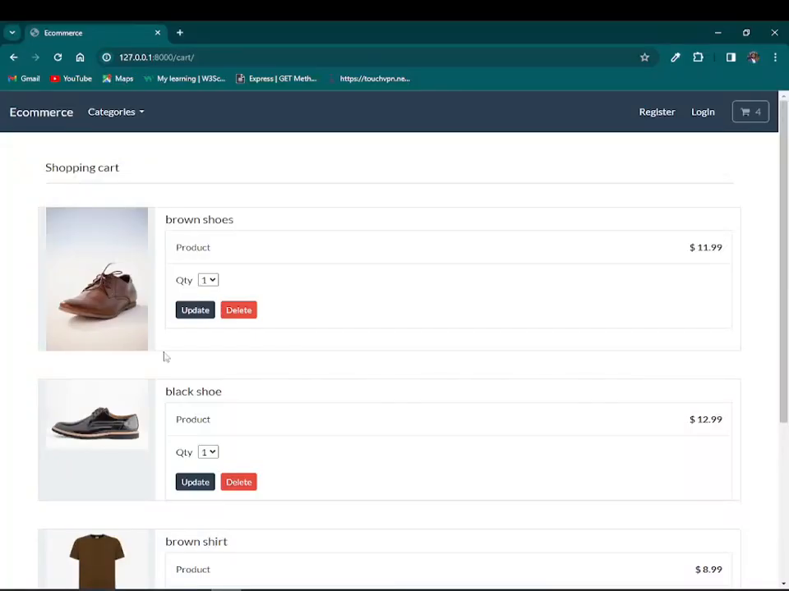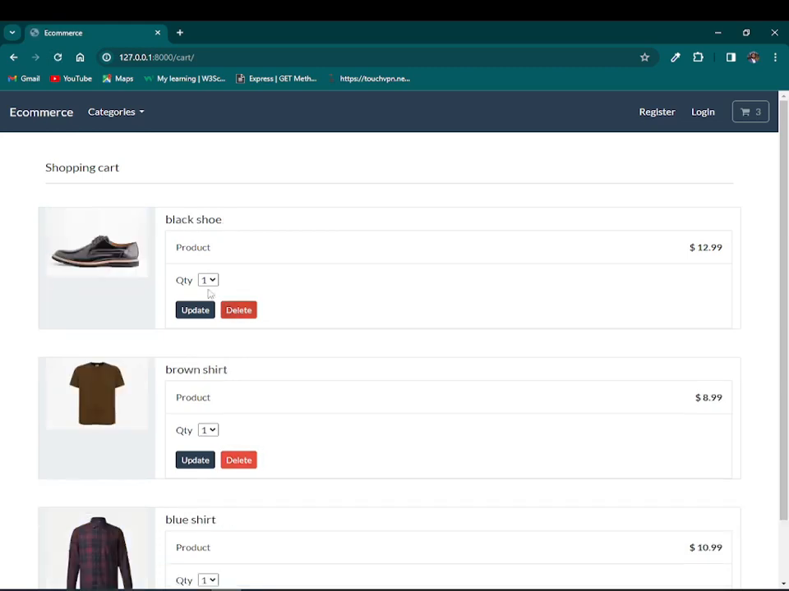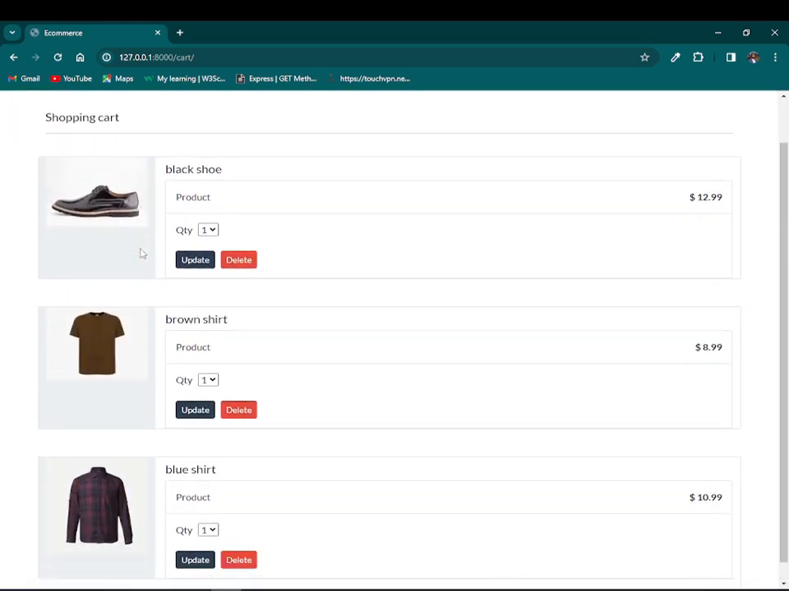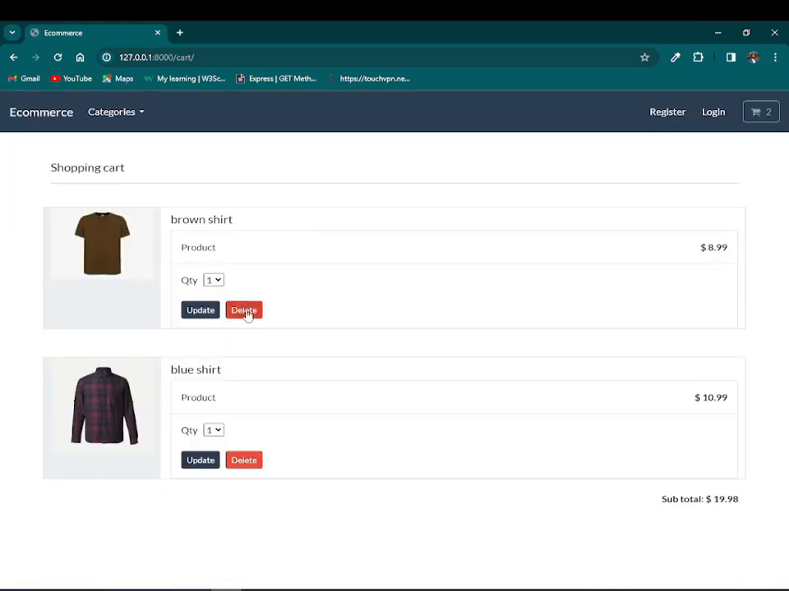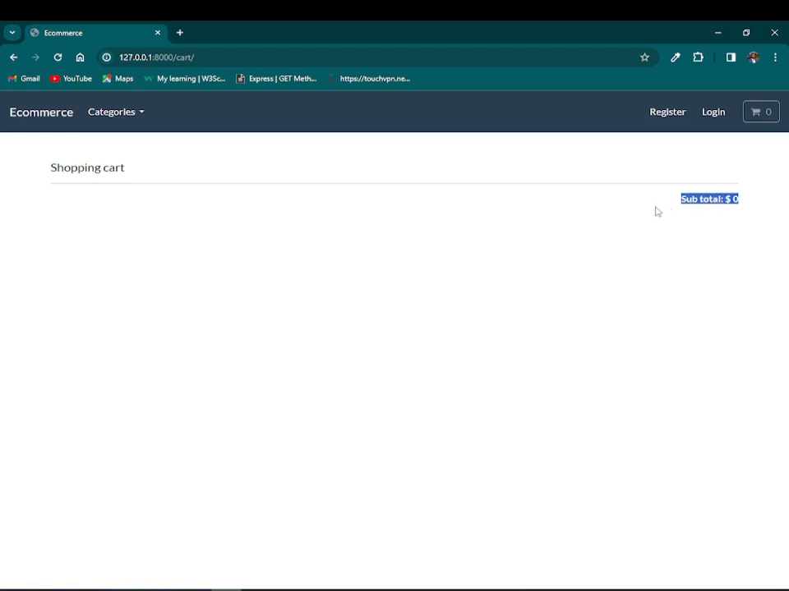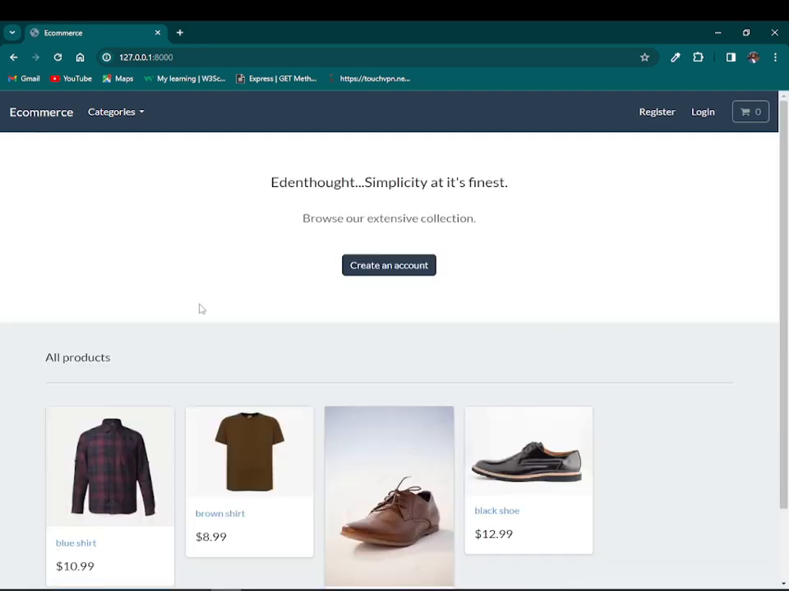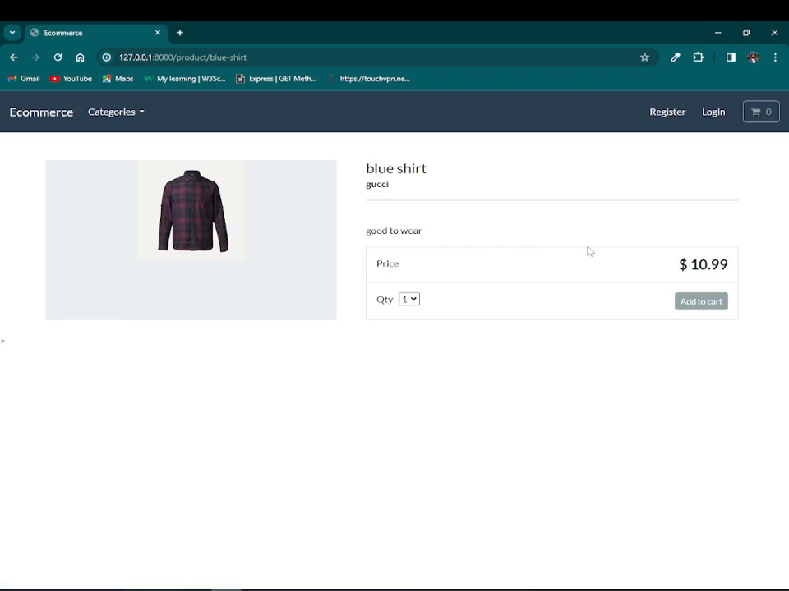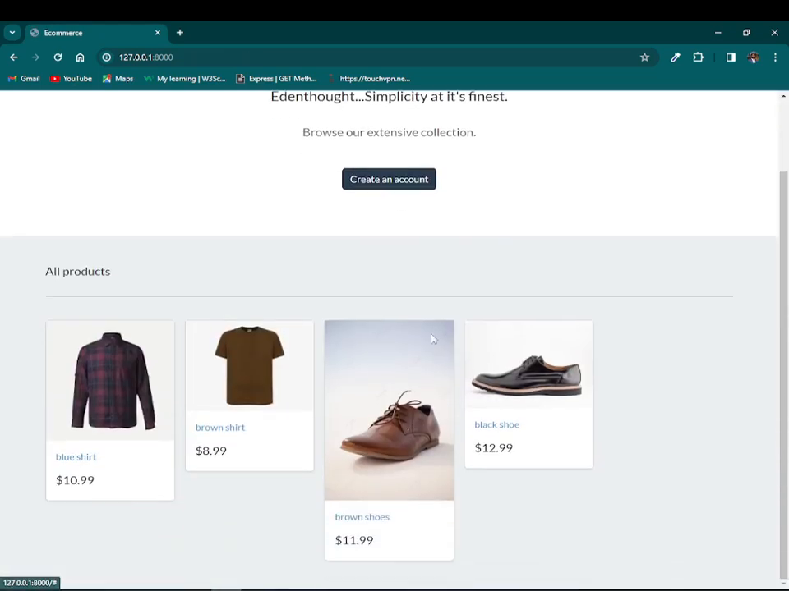So now go back to your page, refresh it, and now delete. Now you will see that our product is deleted. Again checking the function, yes, all good and it's working. You see your cart is now 0. You have nothing in your cart. Now add it again, add to cart, go back, add to cart, go back,